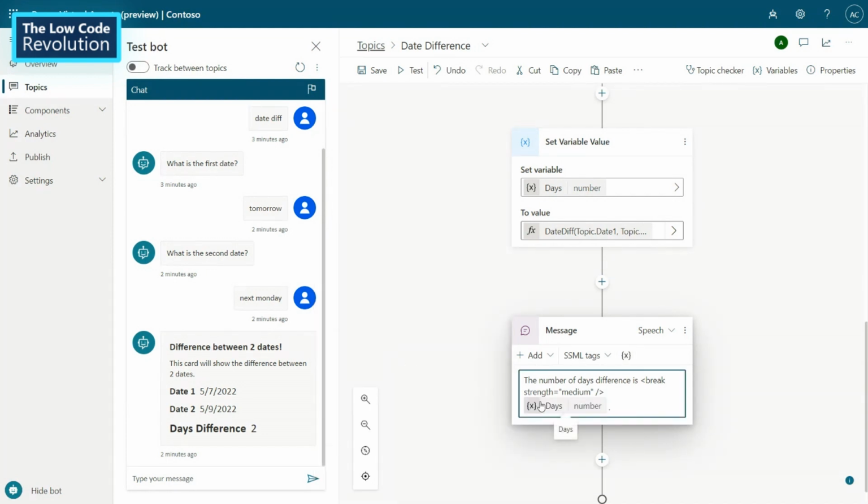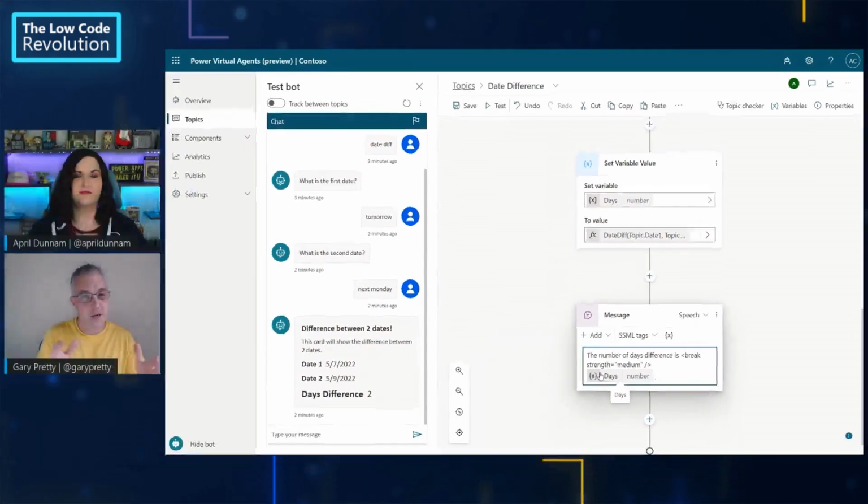And just like that, hopefully you've seen how we've made it possible for absolutely anyone, regardless of your skill level, to build a telephony-enabled bot or a bot that works over more traditional channels like web chat, but to use the power of the richer authoring capabilities and the new variable system, to make this the Microsoft bot platform for citizen developers and pro developers alike.